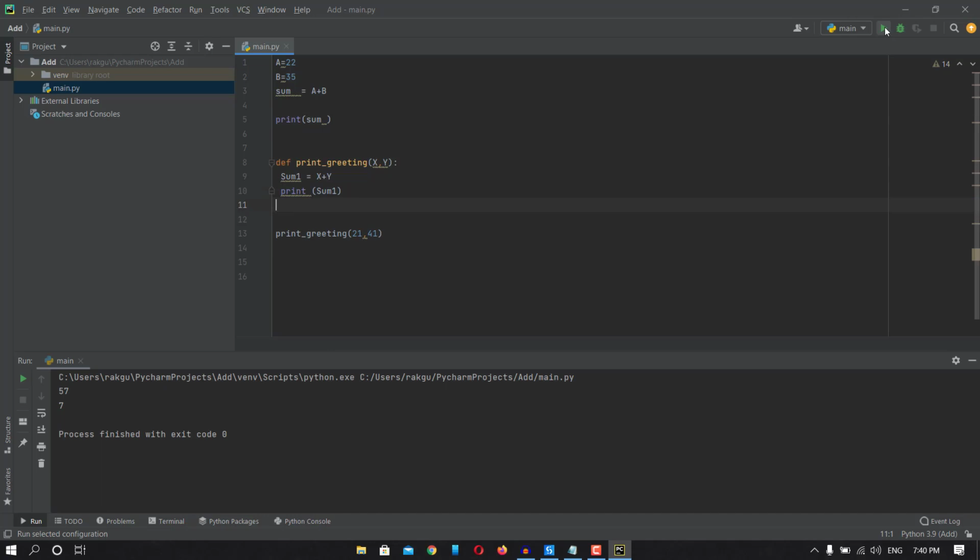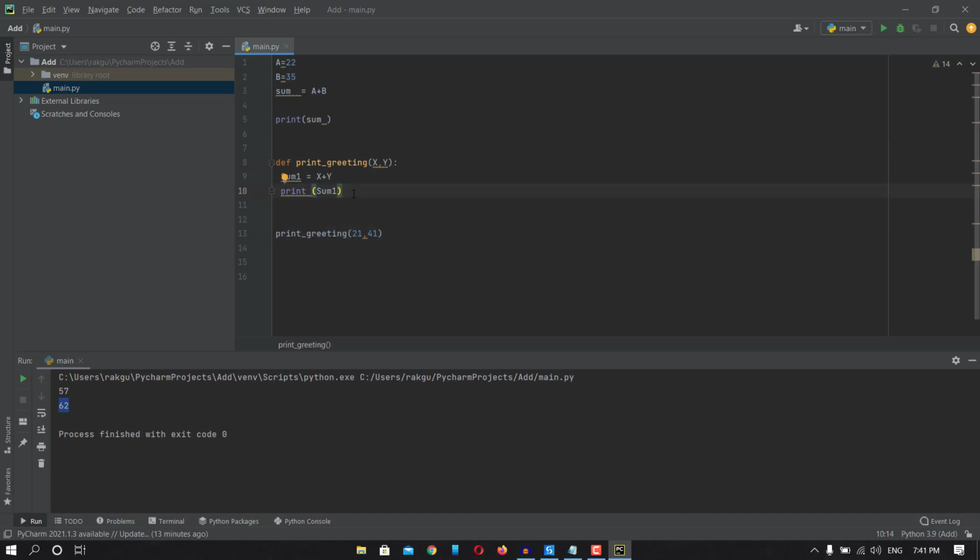Now if I run this, I am getting the result 62. So the thing we need to understand is that x and y, or this 21 and 41, are the arguments that we are passing. We do not need to change the actual code. We can just change the argument and get the desired result.